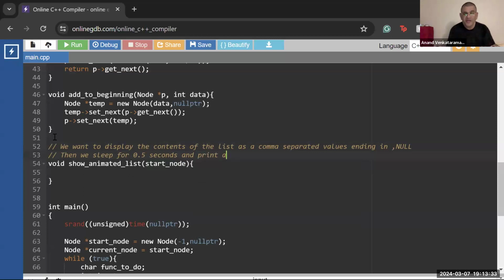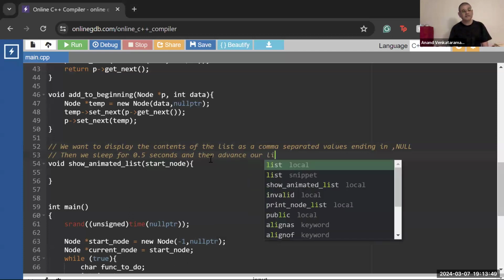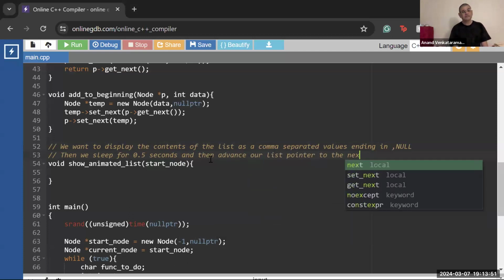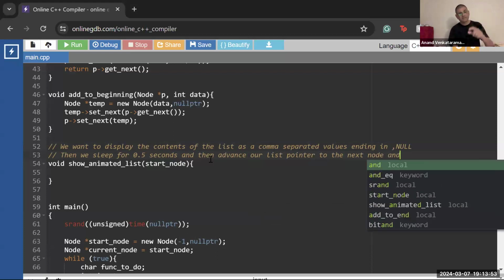No, wait a sec. One sec, okay. Oh, we want to display any null. All right. So, and then advance our list pointer to the next node and repeat